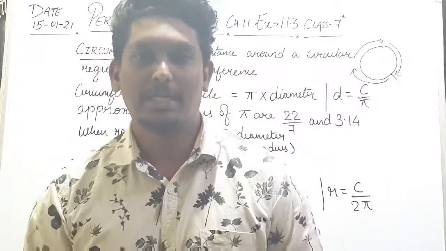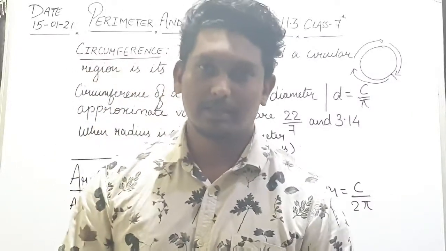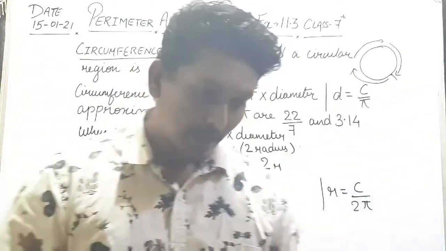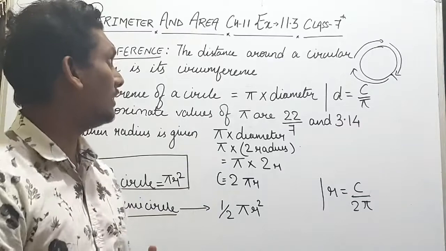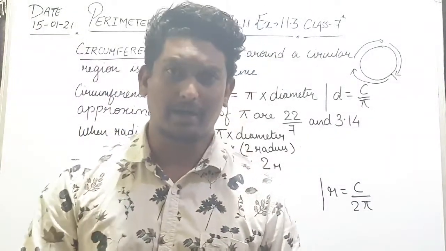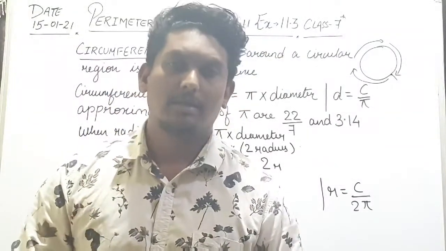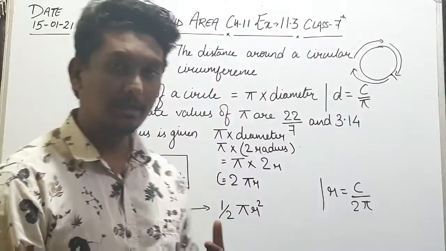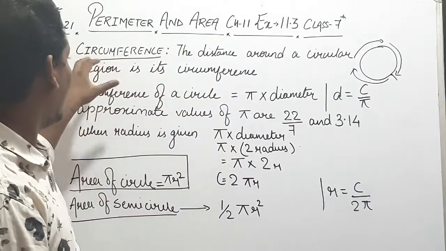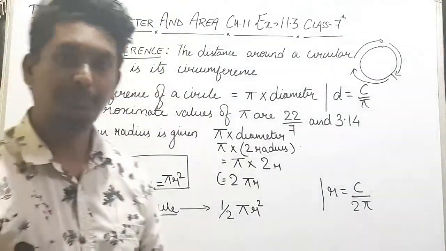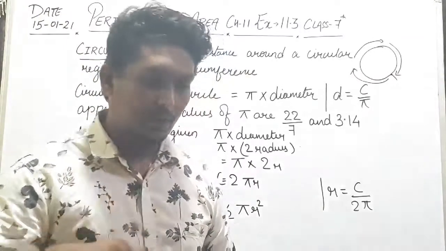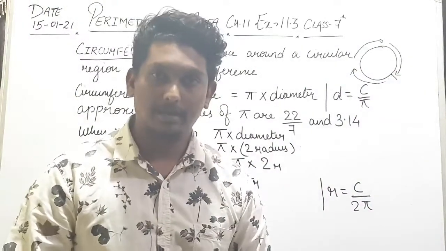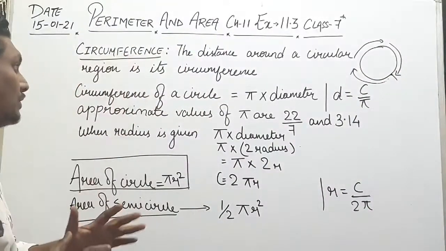So today we are going to start the next exercise, and before starting the exercise, I just want to tell you a few points about circles. Our next topic is circles, right? In the previous video we studied squares and rectangles, and there the term perimeter was used. But in circles, instead of perimeter, the word circumference is used. Circumference is the term for the total distance around a circle.